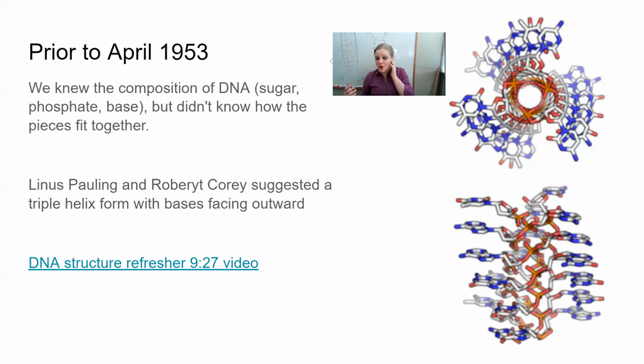Okay, so prior to 1953, we didn't know the structure of DNA. We knew the components. We knew that it was a sugar, a 5-carbon sugar. We knew that there was phosphate involved. We knew that there were nitrogenous bases, but we didn't know how the pieces fit together. And so these two dudes, Pauling and Corey, suggested that there is a triple helix. There's 3 strands of DNA where the bases are facing toward the outside and the sugar phosphate is on the